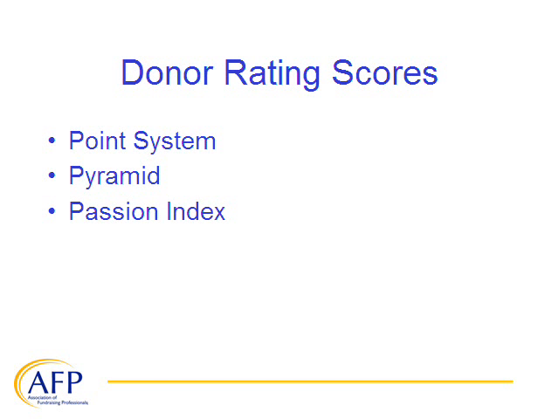I want to make sure we don't get caught in the trap of thinking that this is just giving history. We go back to the question: if we're going to measure the strength of the relationship, how do we do it? For a donor rating score, we want to take into account activities and contact histories with the organization other than giving. Giving can play a large part of it. You may want to give a score for the frequency of gifts and the total lifetime giving, and assign scores for that.